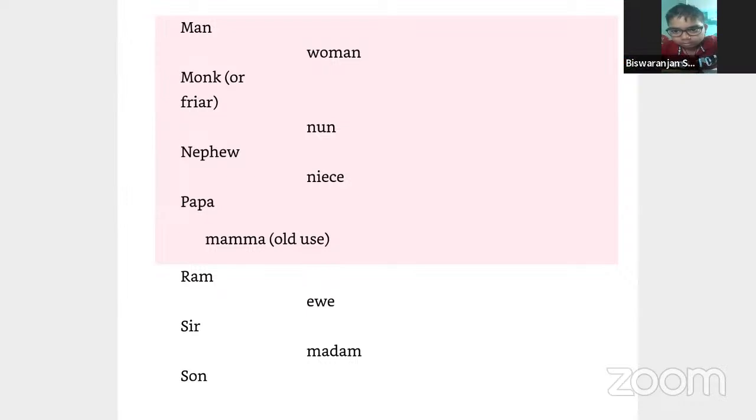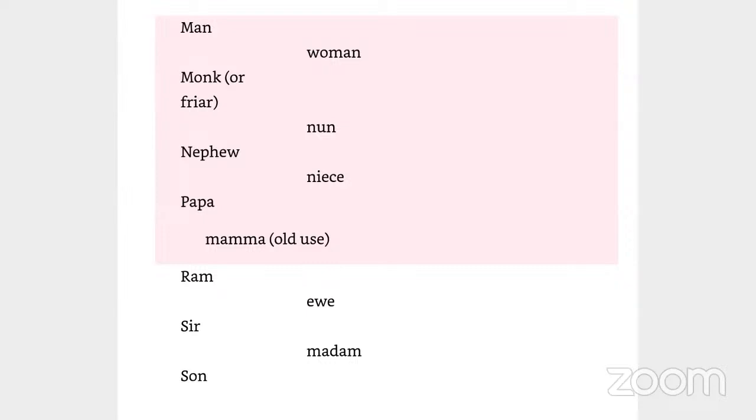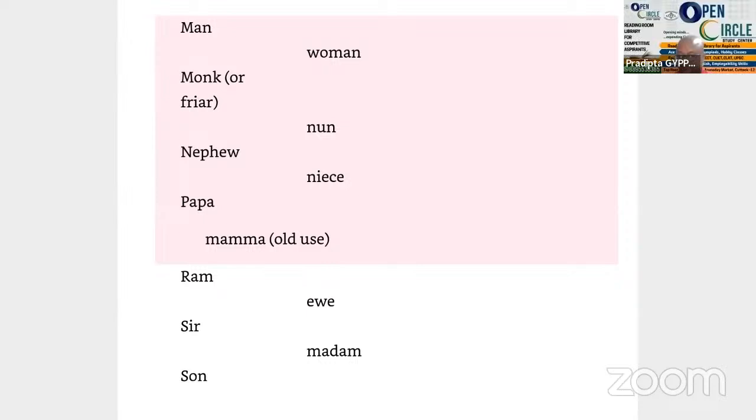So what is RAM? RAM is a male. Who can say? Pratyangshu is raising his hand. Sir, a species of deer, but not deer. No, it's not a deer. Sir, a goat. No, it's not a goat either. Yes, the ram is a male sheep. Correct. The male sheep is known as ram.